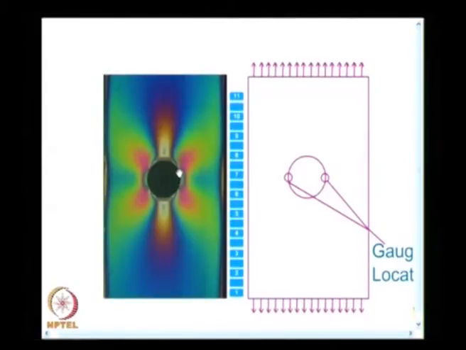Because it is a stress concentration zone, gauge length matters. Not only the gauge length matters, when you put it in this zigzag fashion, it also acquires a finite width. Because it acquires a finite width, the transverse strain, which is also varying very sharply, will also affect your result. So, one way of circumventing that problem is, do not place the strain gauge on this face, but place the strain gauge on the inner wall.